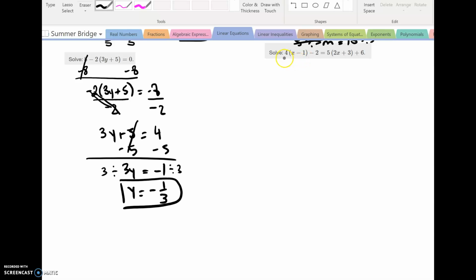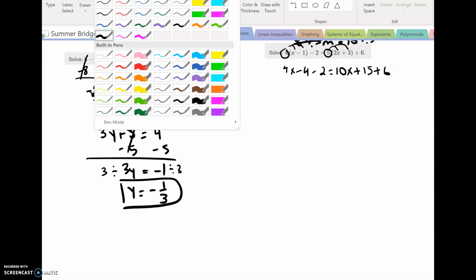Now here, notice I have 2 sets of parentheses. I'm not going to mess anything up by trying to get these constants over to the same side. I'm actually going to just take away the parentheses first. So I'm actually going to distribute both sets of parentheses. So 4x - 4 - 2 is equal to, and I distribute the 5. 5 times 2, 10x. 5 times 3, 15, plus 6. So now look at all the different things that I have going on. So I'm going to